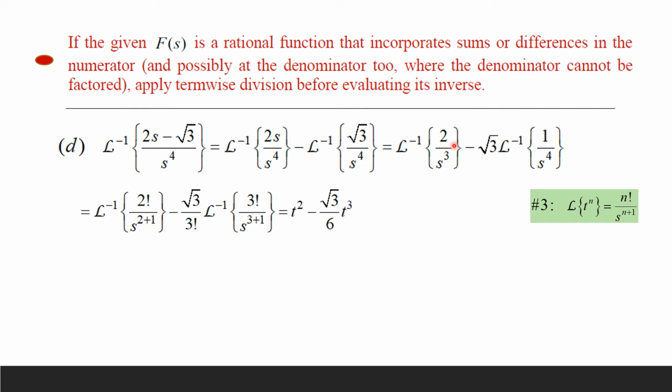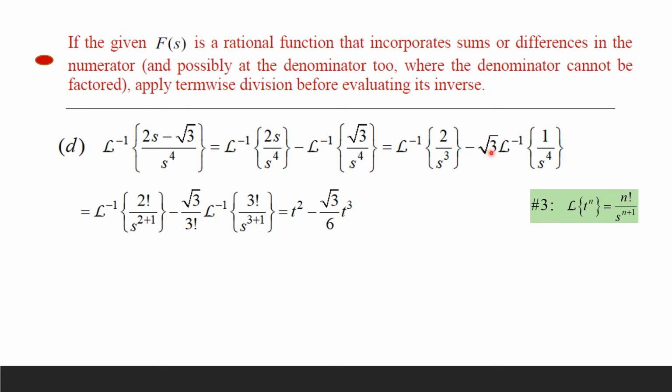Okay, now for the first inverse problem, we do not have to manipulate the function at all because this expression here exactly matches the one given in formula number 3. Because s to the power of 3 is the same as s to the power of 2 plus 1, and by right there must be a 2 factorial at the numerator, and 2 factorial is exactly equal to 2. So we don't have to manipulate this function at all. So the inverse of 2 over s cubed is given by t squared